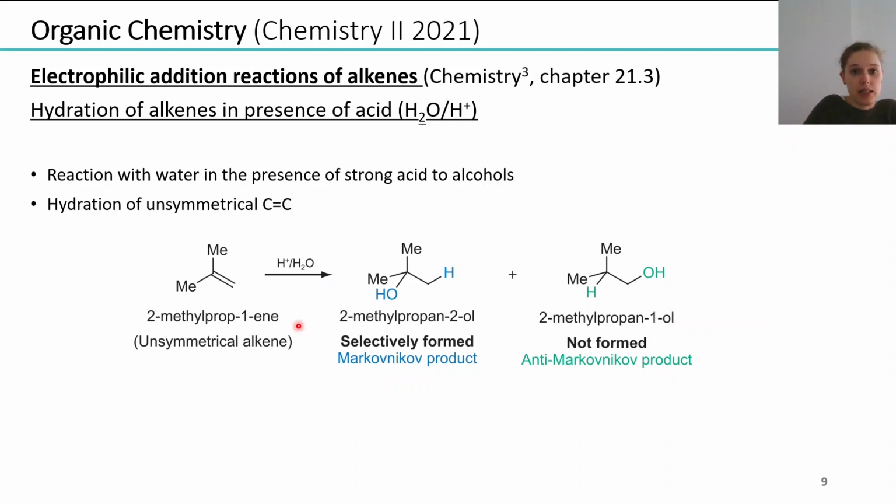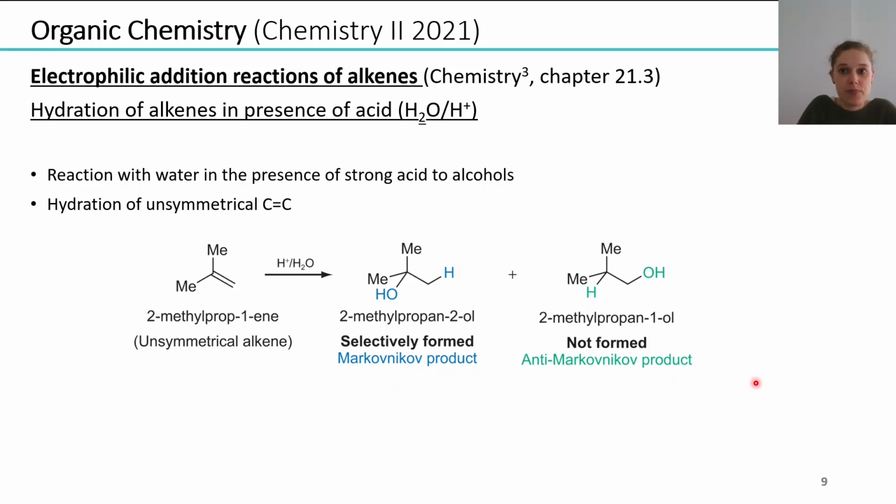We will see that in principle two products, the 2-methyl-propane-2-ol and the 2-methyl-propane-1-ol, and we can see here the OH group at the higher substituted carbon atom, whereas here the OH group would be at the low substituted carbon. And this product is selectively formed as Markovnikov product, whereas this product is not formed, and it is called the